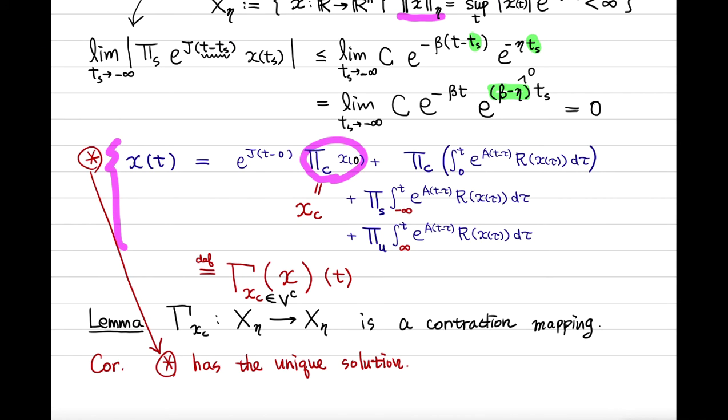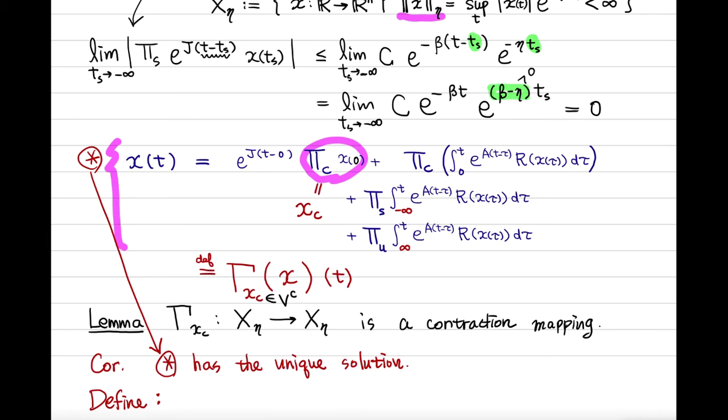Now we have this unique solution. We just proved that there's a solution to this equation in the x eta space, and therefore we can define our